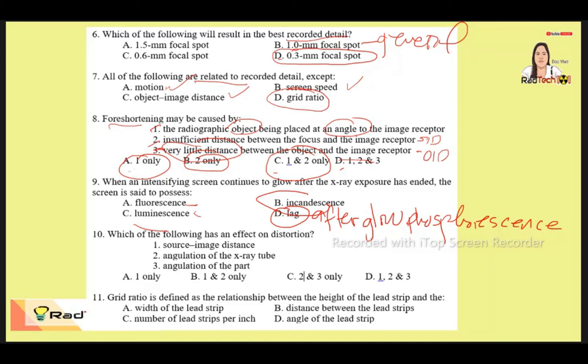So, most common example dito is yung ating thermionic emission na nangyayari sa ating filament. So, kung mainit na yung ating filament, if we apply high tube current, so it will glow. Pag nag-glow yung ating, what do you call this? Pag nag-glow yung ating filament, dahil sobrang init niya, so yun nga nag-i-emit siya ng light, at the same time, mag-i-emit siya ng electrons. Another example for incandescence is yung mga incandescent bulbs natin noon, yung mga dating bumbilya, yung